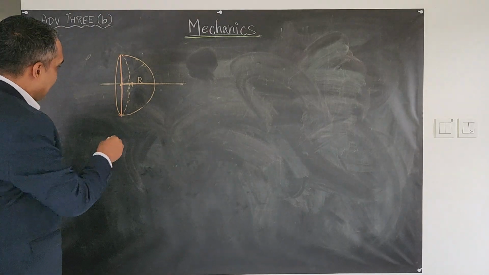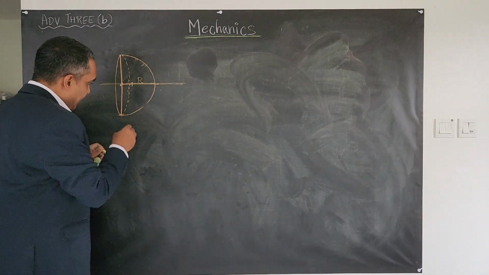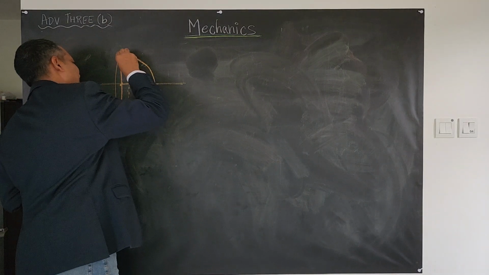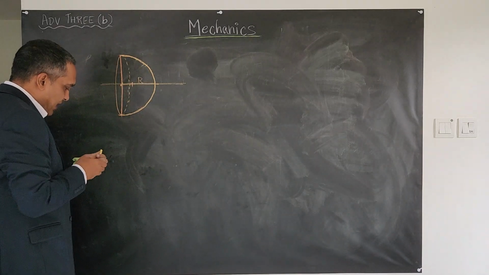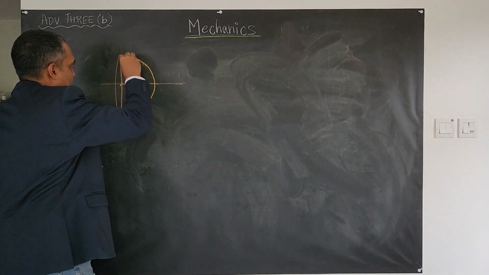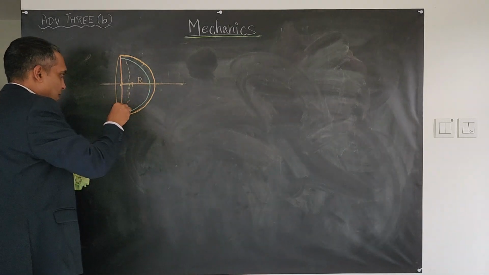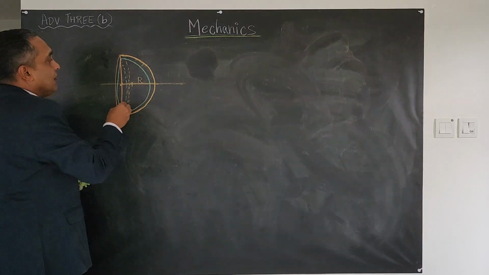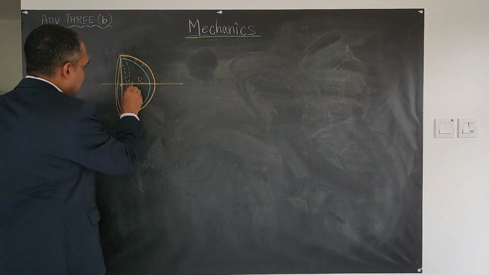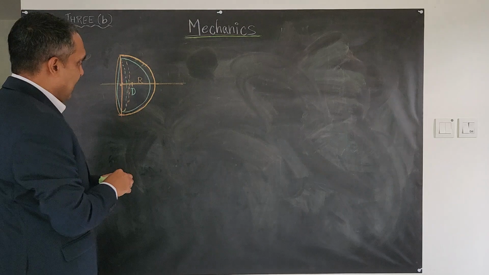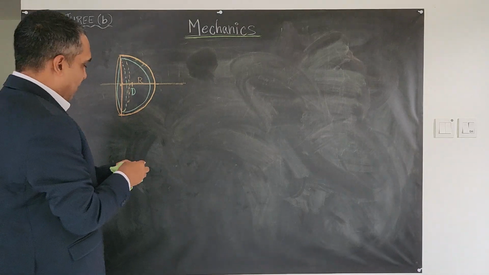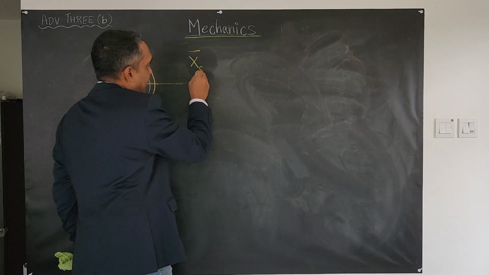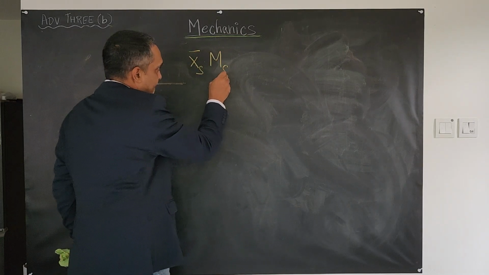So if this is one hemisphere, I can define a second hemisphere of diameter d, and I can write this equation this time as my x bar of shell times mass of shell